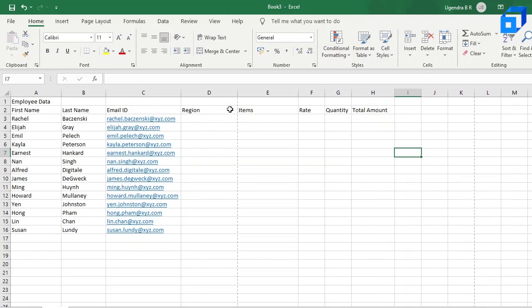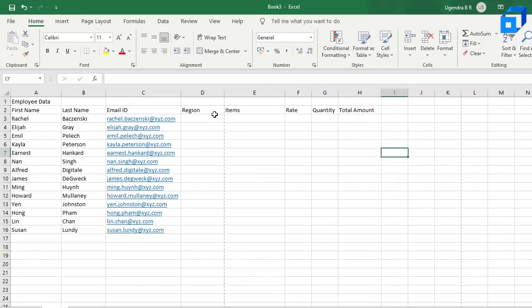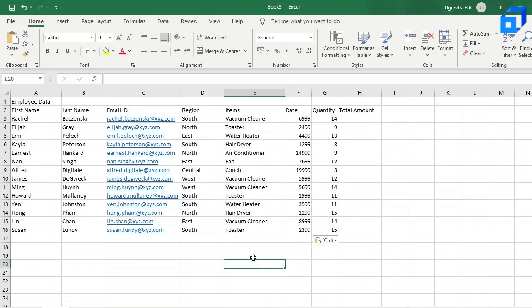Yeah, so this is one thing. And now I'll fill region, items, rate and the quantity also, and show you how the data set will look. Yeah. So as you can see, the region has been filled with south, north, east, and so on.